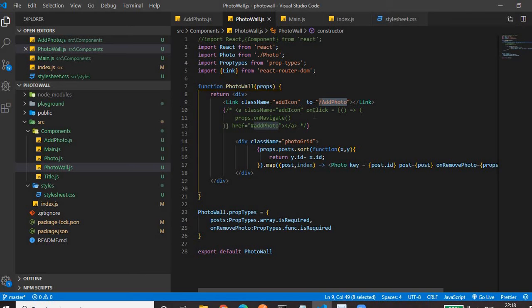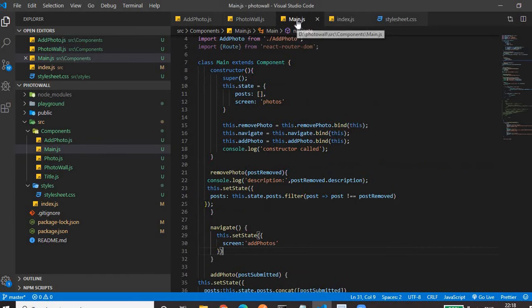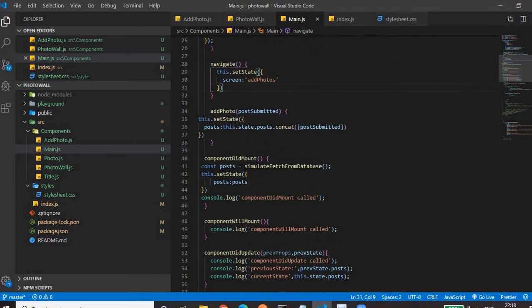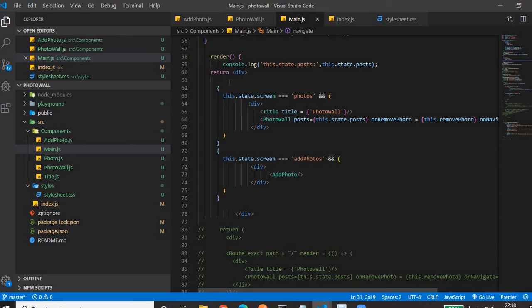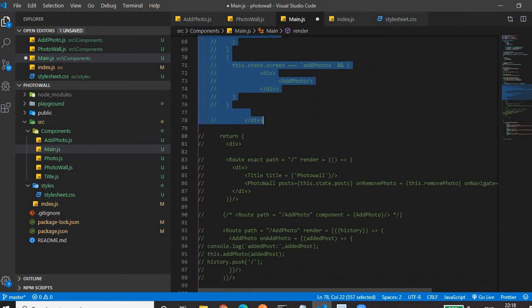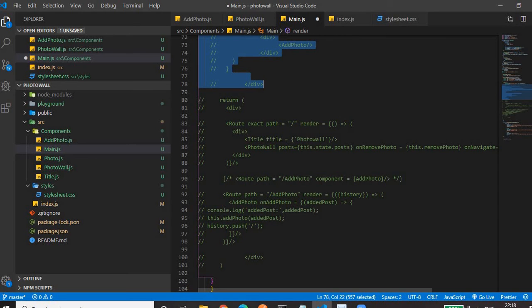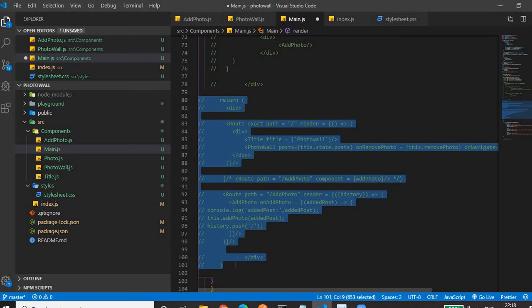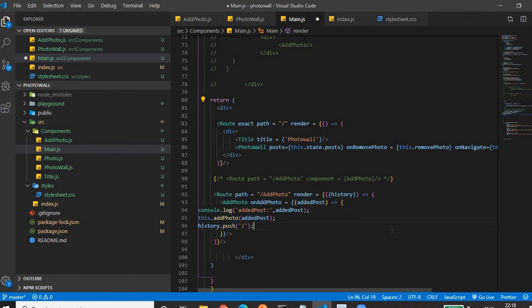So for path configuration we will move to the main.js file, because the main component is the component where we are gluing, where we are placing, where we are binding the rest of the components. Okay, so in the main component we will go to the render method. We don't want to display the UI on the basis of an if-else condition, so we'll comment this, we'll uncomment the below line of code. Okay, so here we will configure our path along with the component that needs to be triggered when the particular navigation occurs.